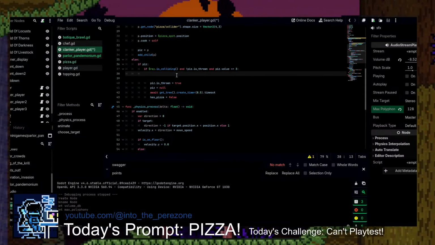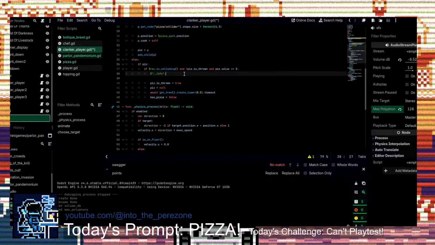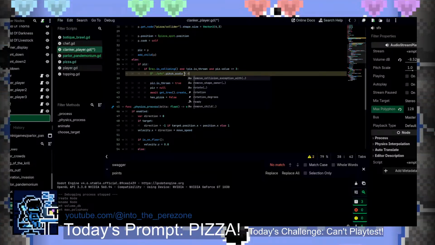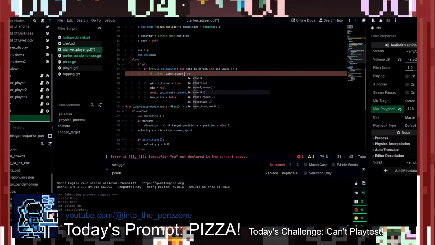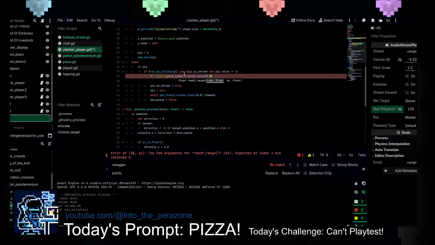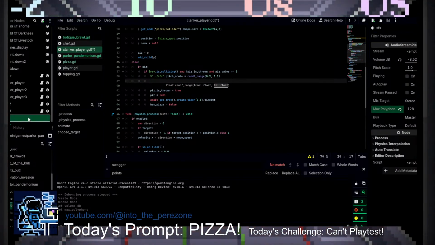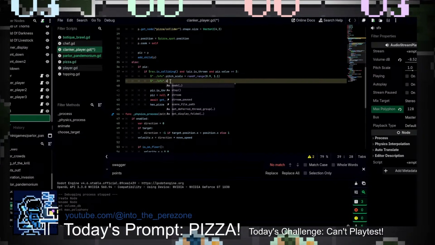It's here. SFX dot pitch scale equals a rand. Whoa. Rand F range between 0.9 and 1.1. And we can of course do SFX dot stream